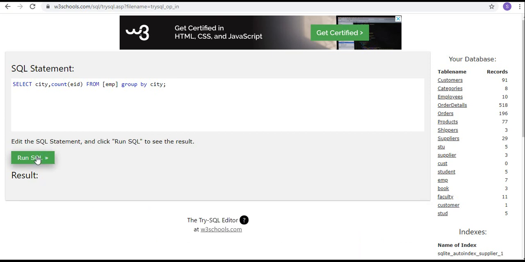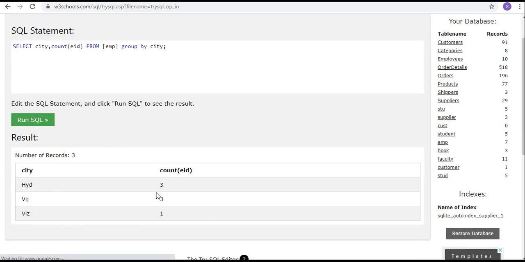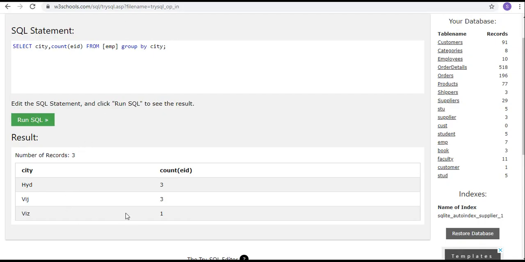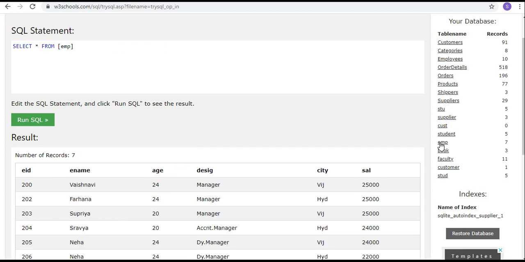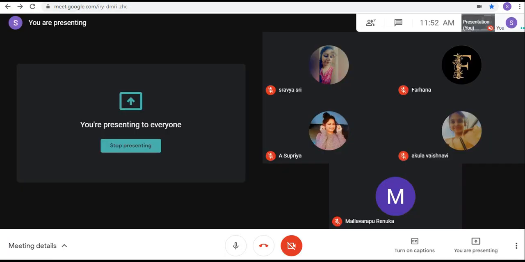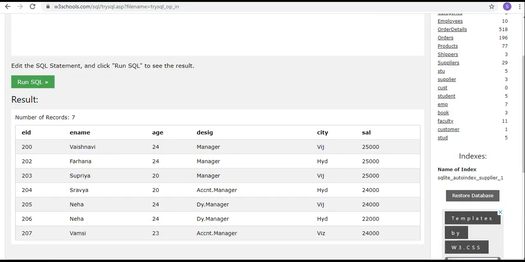So run the query. Now you will get from Hyderabad you have 3 employees, from Vijayawada you have 3 employees, from Vizag you have 1 employee. If you want to know group wise information, we will use group by class. Okay. Now is it clear? If you want to arrange the data group wise, then we will go with group by class. Is it okay now?